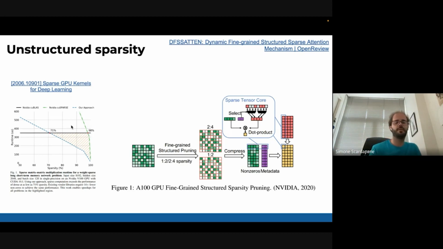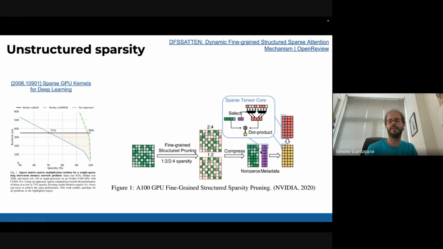If you look at this left figure, this black line is the running time of some operation on the GPU with a standard matrix, and this green line is an NVIDIA CUDA kernel for sparse matrices, so matrices with a lot of zeros. And you see that the runtime gets better only when the sparsity is above 98%. And we typically don't get this level of sparsity with our methods.